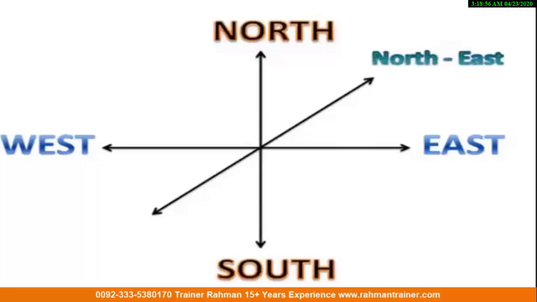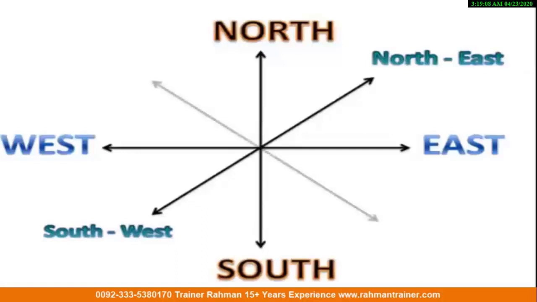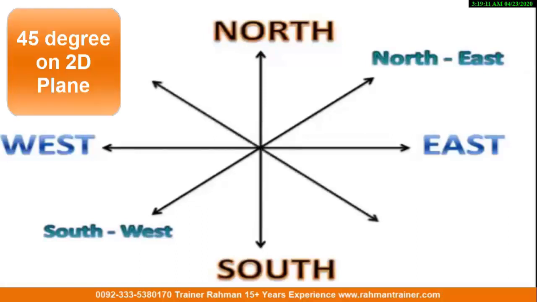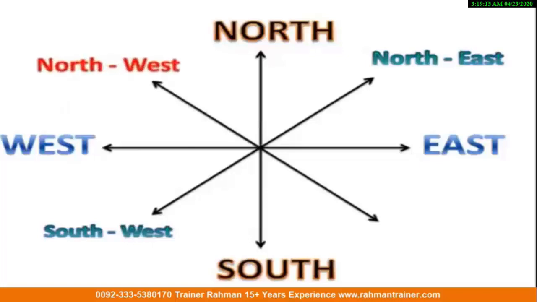It is exactly at 45 degree east and north. Southwest direction is like this, which is towards negative z axis, exactly 45 degree, and northwest direction is towards this side, opposite to northeast and southwest direction, exactly 90 degree northwest direction is making, and